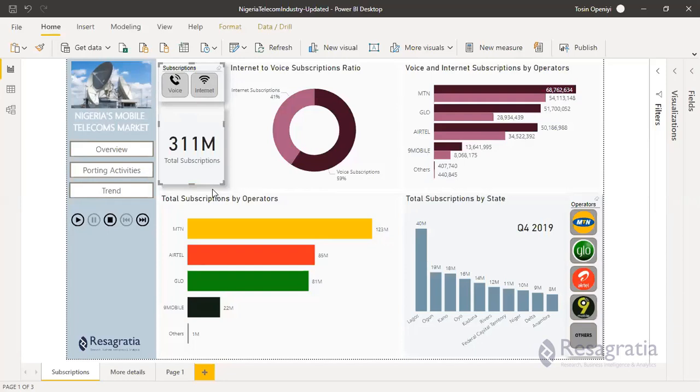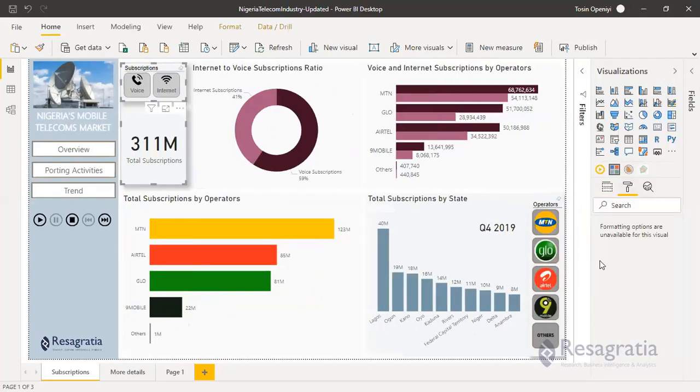There are ways to go about it. Since we have this total subscription measure, we can just filter by voice, where subscription is voice, or probably the slicer we are using, I can set a default state for the slicer.